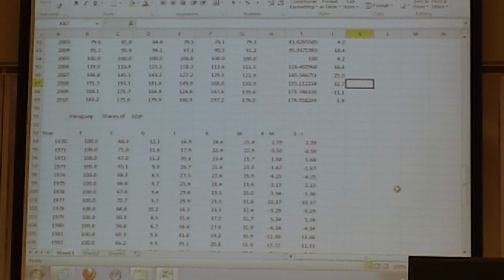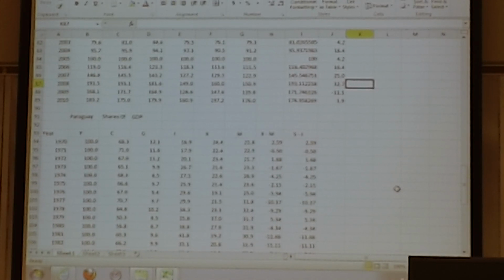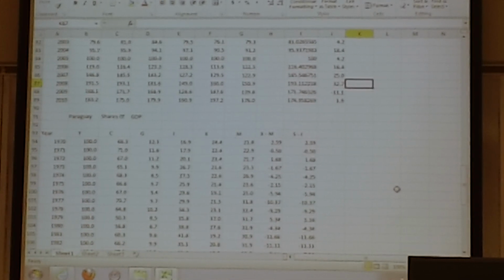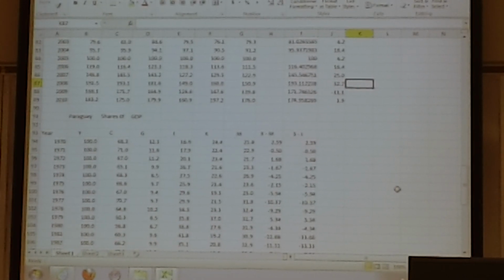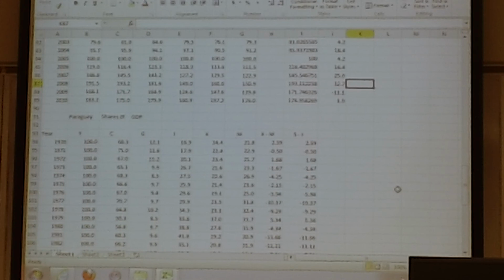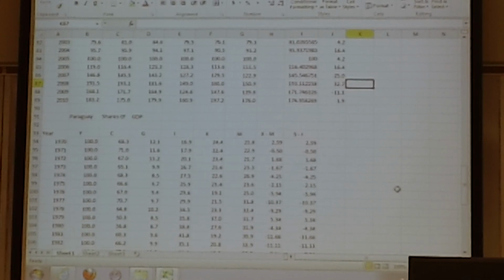So if you bring c and g over, you get y minus c minus g is equal to I plus x minus n. What we can call savings. The savings is equal to investment plus x minus n. Right? Now if you bring the investment over, you get s minus I